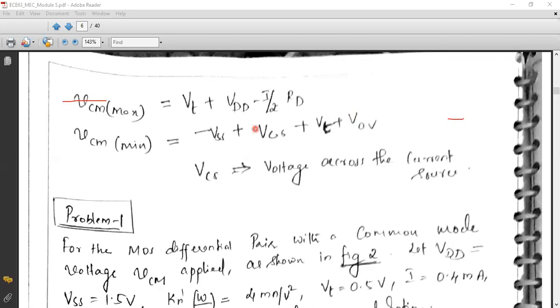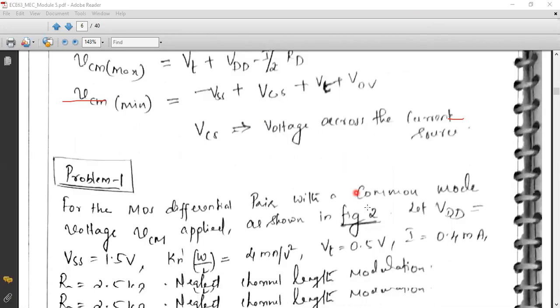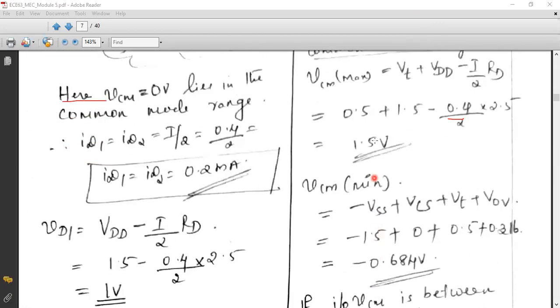So this is a permissible maximum and permissible minimum common mode voltage, beyond which you are not going to give the input. Why? Because the common mode working won't be faithful. That means you're going to reject the input signals and output should be zero. The expected output should be zero across D1 and D2. That will happen only if your input comes between these two limits. VCM max, you can see here, VCM max is 1.5 volt.